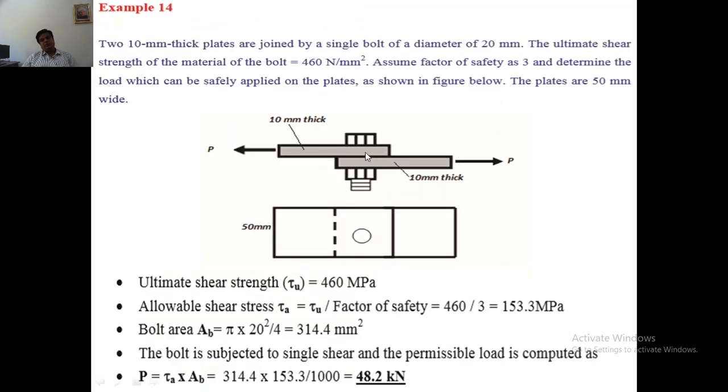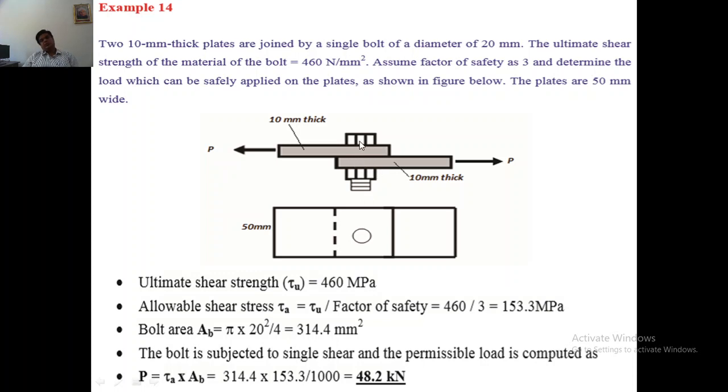So we'll see one simple application where the shear force will be applied. So here we have a bolt. This is a bolt here, and a nut is applied here, and we know that nuts and bolts are used to fasten two sheets or two plates. So we have the two plates. This is one plate and another plate here, and in these two plates a hole is drilled, and we put the bolt here and the nut is tightened here to hold these two plates or sheets.